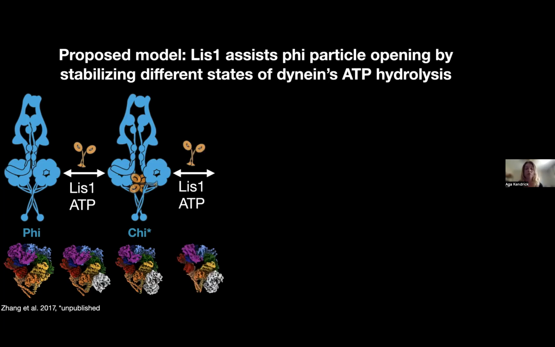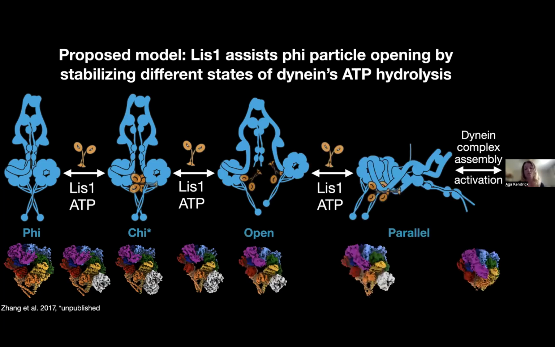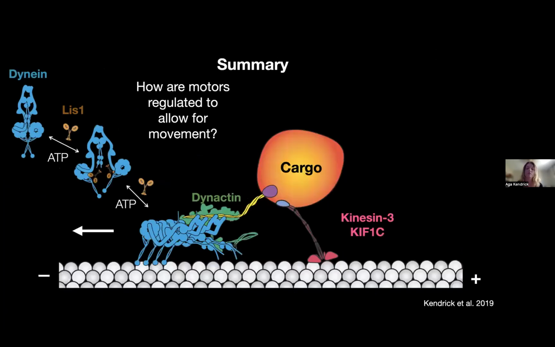And then during further steps of ATP hydrolysis and LIS1 binding, this can further lead to opening of the phi particle, release of one of the LIS1, and then an eventual removal of LIS1 and assembly of the dynein complex that is able to move on microtubules. So I've shown you today how our motors are regulated via the example of dynein, and I don't have time